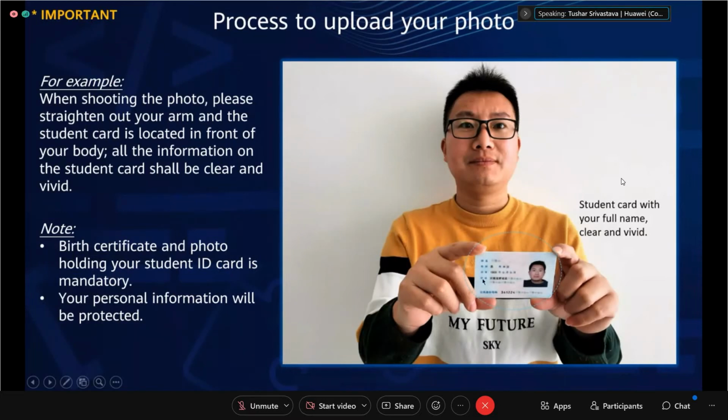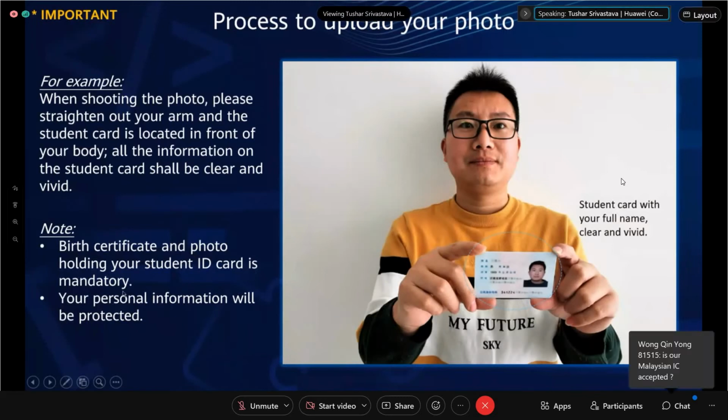You have to hold your student ID and click a selfie. When shooting the photo, please straighten up your arms and hold the student ID card in front of your body. All the information on the student card shall be clear and vivid, so that we can match it with whatever details you have added in the registration. Birth certificate and a photo holding your student ID card are mandatory. It's a mandatory process,